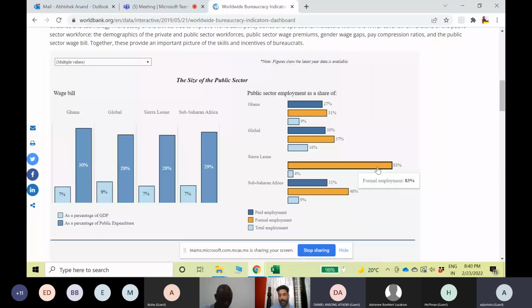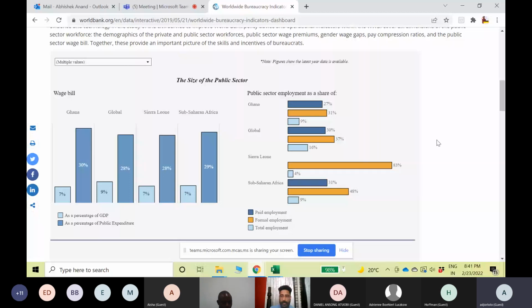But looking at this chart, it becomes obvious that there is something going on in Sierra Leone, which is a problem. The problem is that the private sector is basically not present there. And if you don't have a private sector, it could be very difficult for the economy to grow as a whole, and also to generate enough employment, because the public sector on its own may not generate enough employment. Looking at the chart gives you some ideas that there could be some problem. And of course, then you need to build on this and look at the reasons.